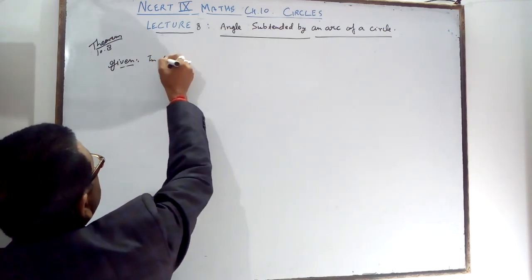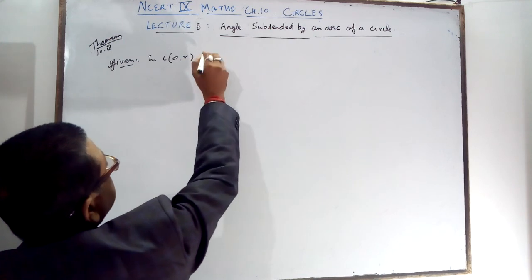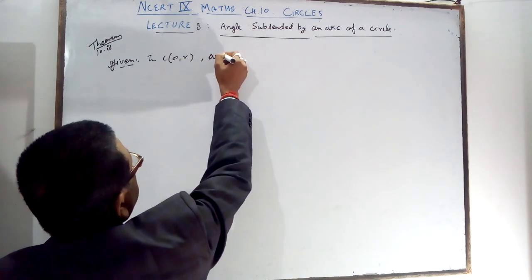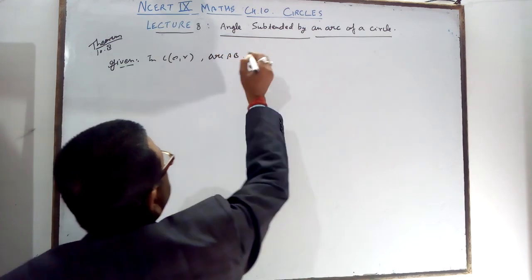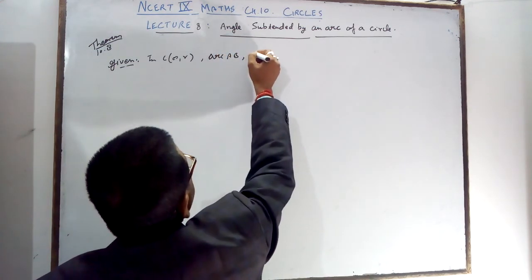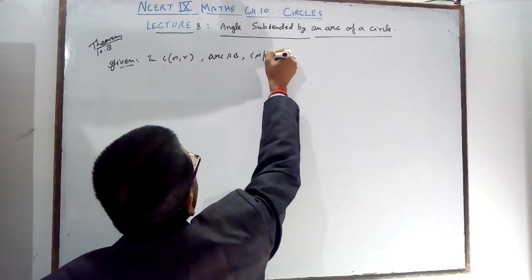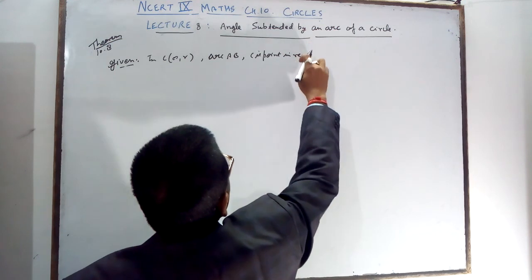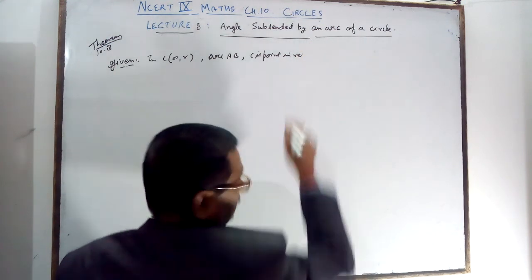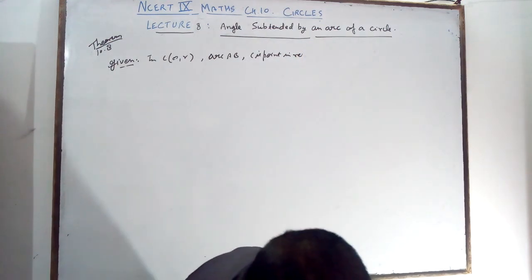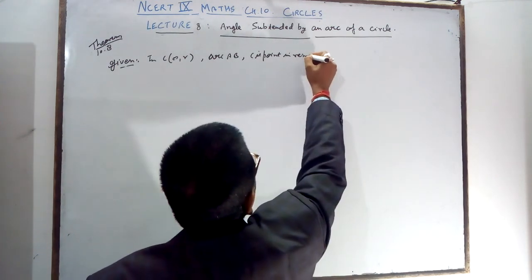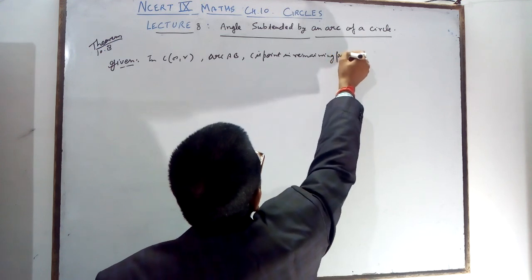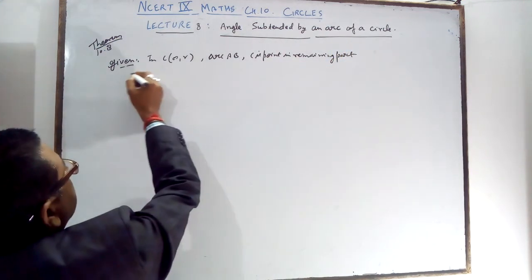Given: in circle with center O, arc AB, and C is a point in the remaining part. That is given. To prove: